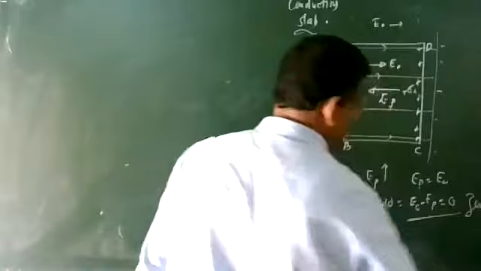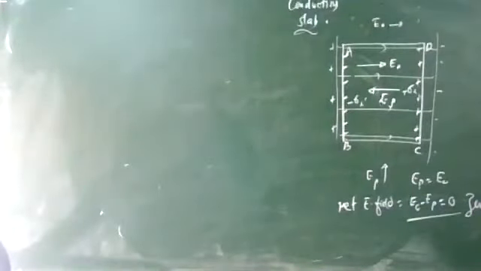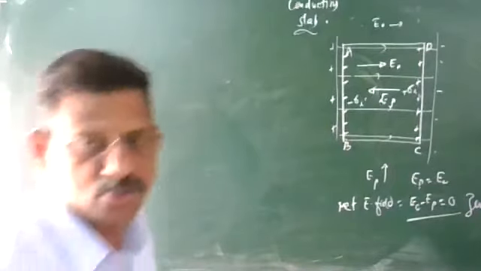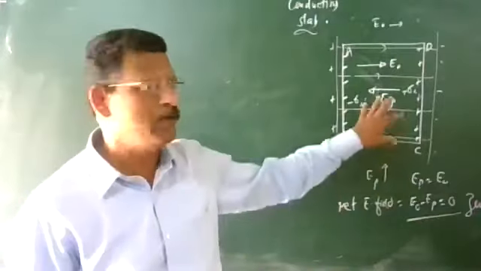There will be no net electric field inside a conductor placed in an external field. But if it is a non-polar dielectric slab, the net electric field is E equal to E naught minus EP. So this is a very important characteristic. We will use this point in the case of a capacitor with a conducting slab and a dielectric slab. These two topics are the last topics in this chapter.